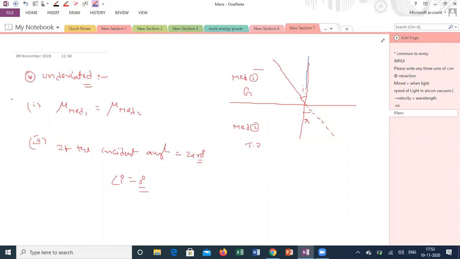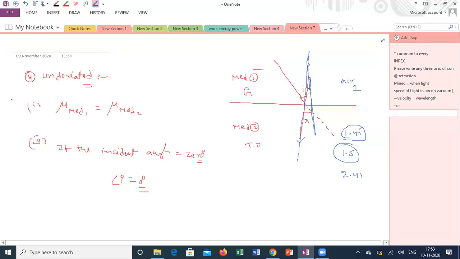If the light is coming like this, whatever the medium you take, this is air and this is any medium of any refractive index, the light ray will be undeviated. Even if this refractive index is 1 and this refractive index is 1.45, or 1.5, or for a diamond the refractive index is 2.41. So if the angle of incidence is 0 degrees, see here the angle between the blue color line says incident angle, the red color line says